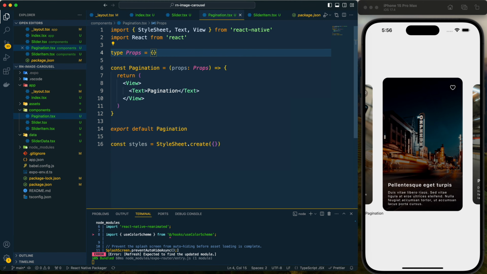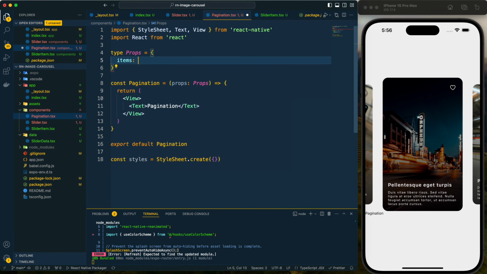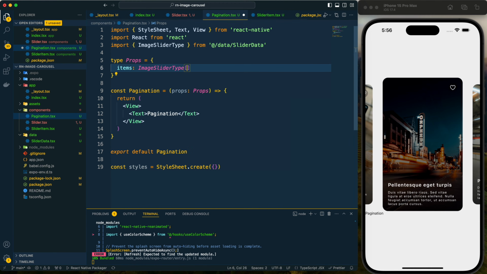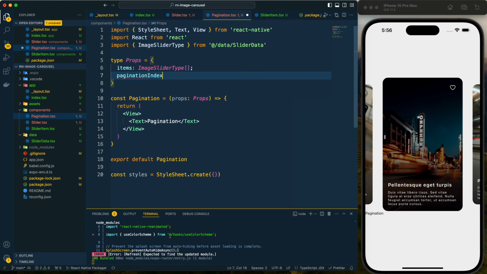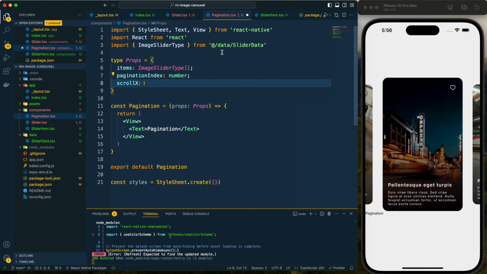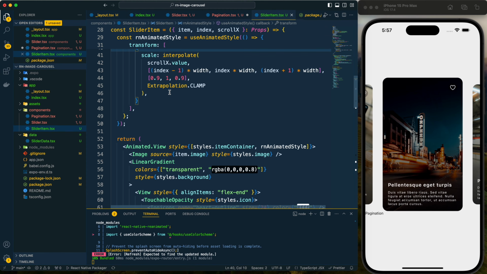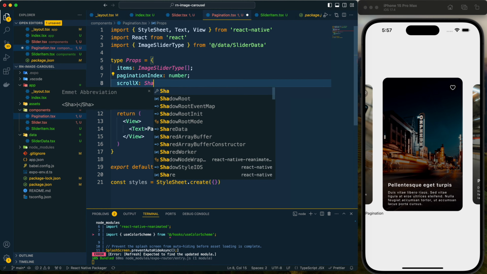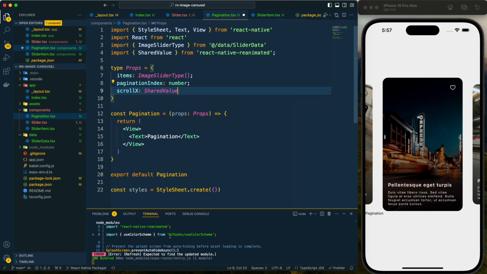Now for the pagination I will require items, and those items would be ImageSlider type, and it would be an array of that. Then I will require paginationIndex, that would be a number, and then I will require the scrollX value as I have needed here. So it would be a shared value from React Native Reanimated, and the value type of it would be number.